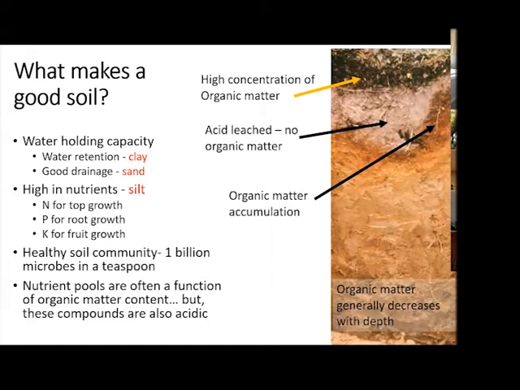There needs to be adequate nutrients, primarily nitrogen, phosphorus, and potassium, although in some ecosystems, calcium can be more important. There needs to be a microbial community to support the cycling of nutrients here as well. Like I say, nutrient pools are oftentimes a function of organic matter content, although